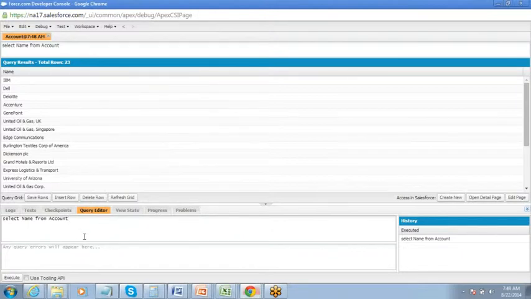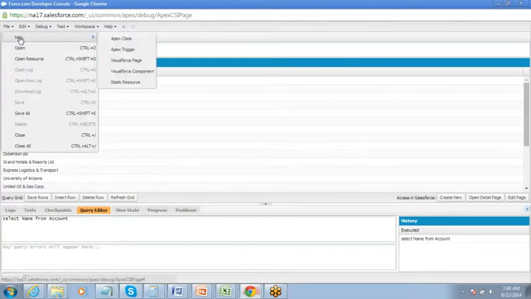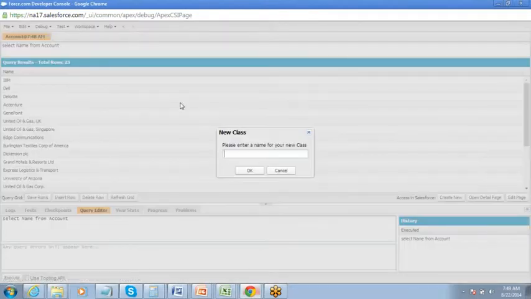Then you can also create things from here. You can define a new Apex class, Visualforce page, Apex trigger from here. Fine. So instead of creating the Apex class from there, we have an option of creating an Apex class from developer console also. So you create a class, give it a name, let's say class 6.